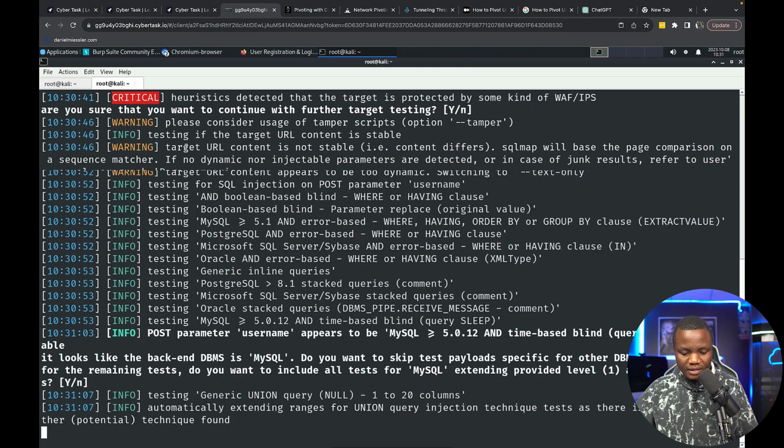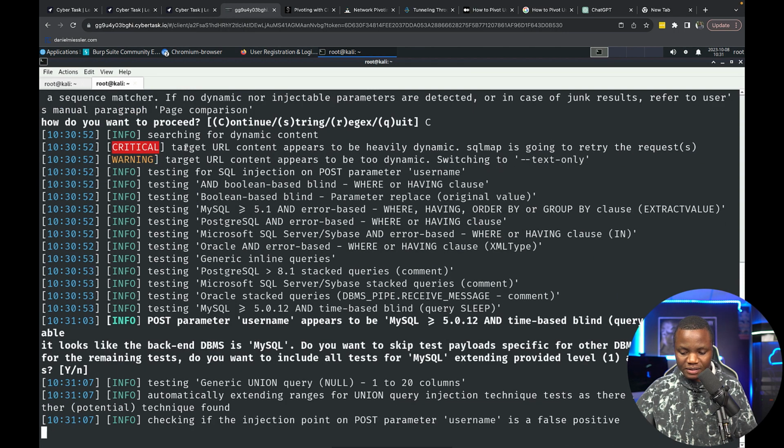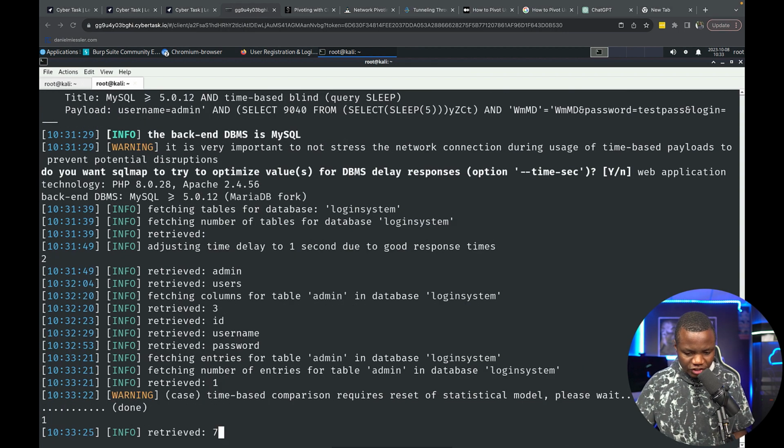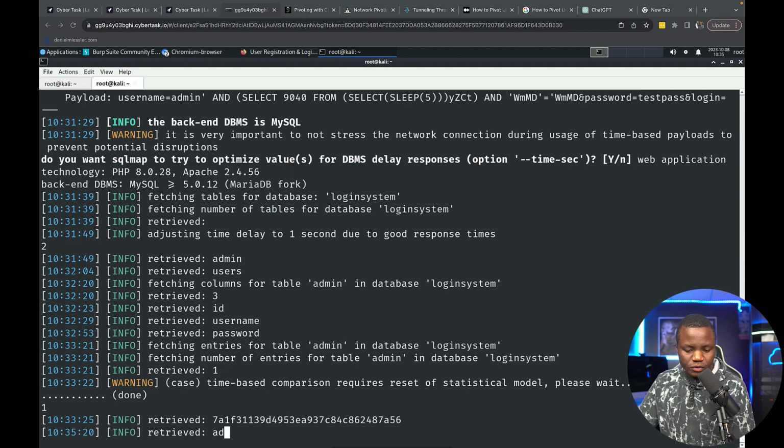So let's go and just accept all the defaults. So I'm not accepting anything. All right. So fetching number of entries for table admin in database login system. So it's doing something. It retrieved a username. It retrieved a password. All right. I'll let it go. While SQL map is doing its thing, retrieving the information from the database,